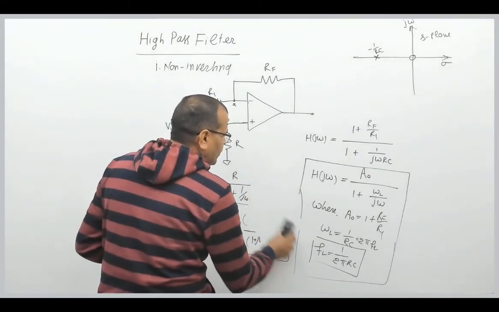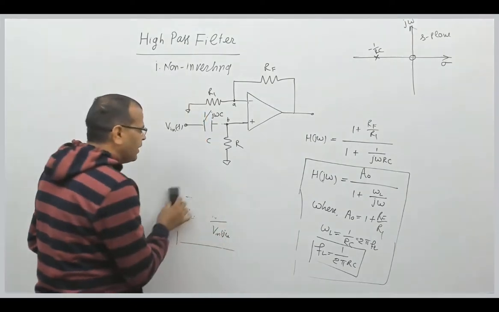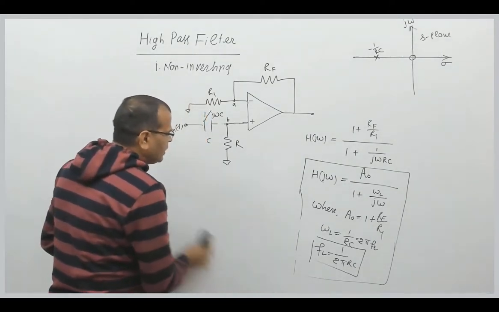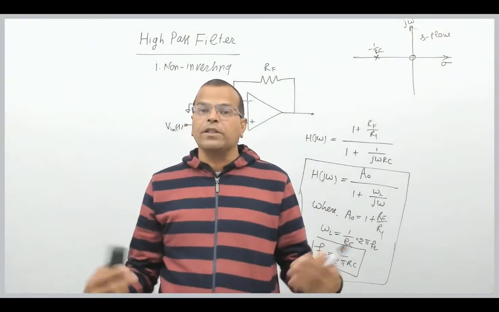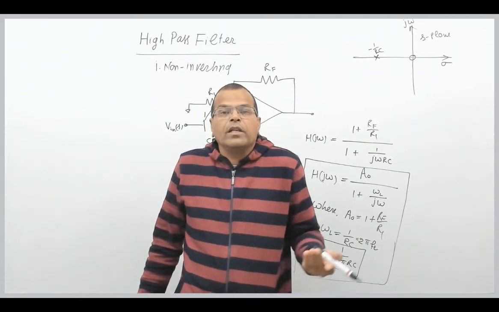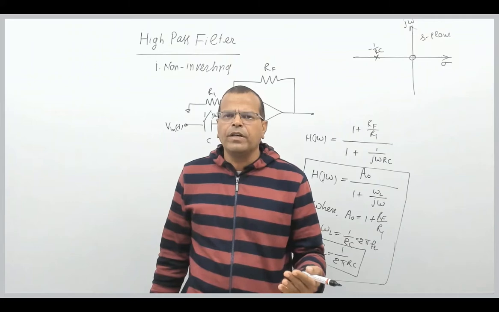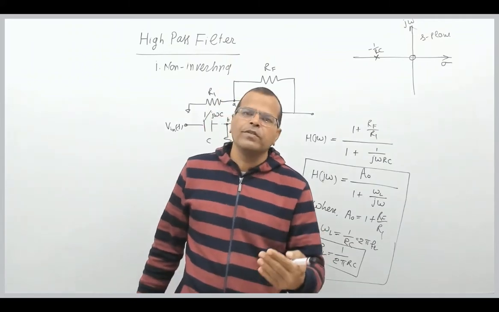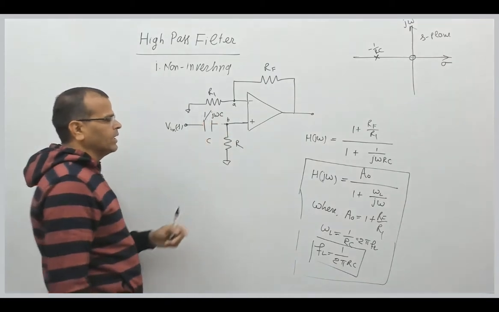Now we will try to find the variation of the transfer function in frequency domain as a function of frequency. Sometimes we call it transfer function, sometimes we call it gain as a function of frequency, because the ratio of output to input is gain in case of the operational amplifier. So you can either say it is the gain of the filter, or you can say it is the transfer function of the filter in frequency domain. Both are the same thing for this particular circuit, right?